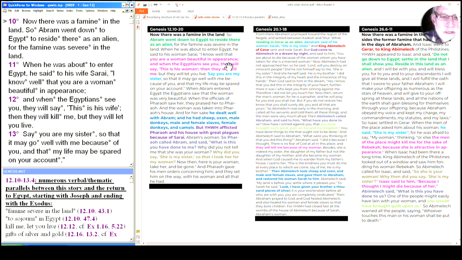In all three of them, there's concern by the man that he will be killed because of the beauty of his woman or the attractiveness of his woman. So we see it here expressly made from Abram to Sarai. Here, it's in retrospect where Abraham at this point is telling the king Abimelech why he did it. And here, Isaac is thinking this to himself, but then he said it out loud to the same king, Abimelech, who here is described as King Abimelech of the Philistines, rather than King Abimelech of Gerar, but Gerar is a Philistine city, so that's not really much of a difference there.